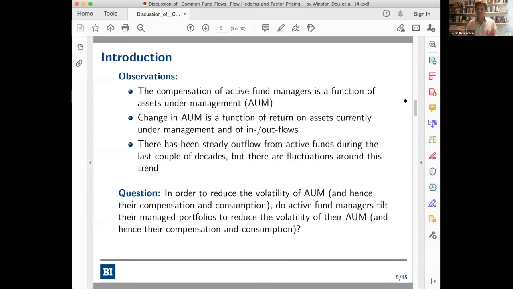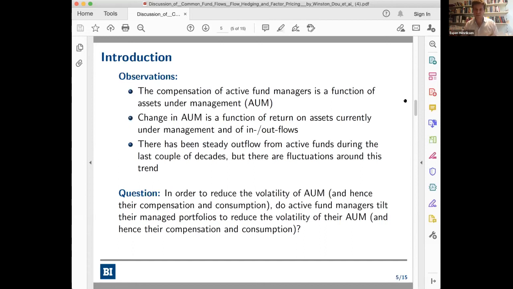The change in assets under management can then be a function either of the returns you are able to generate on your assets or of exogenous inflows or outflows. And the fact that there have been huge inflows and outflows, these fluctuations, makes them ask the question: in order to reduce the volatility of assets under management, and by that the volatility of their compensation and their consumption,